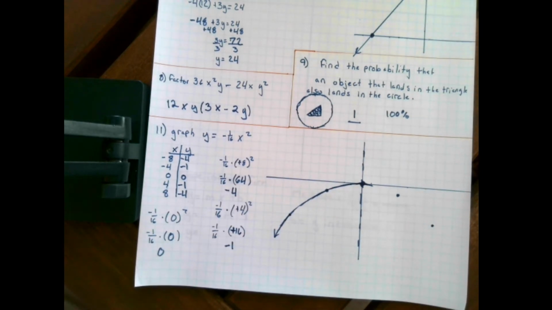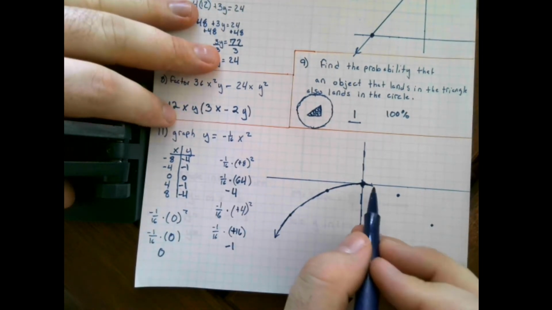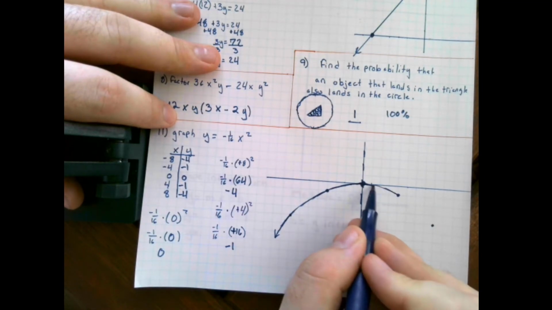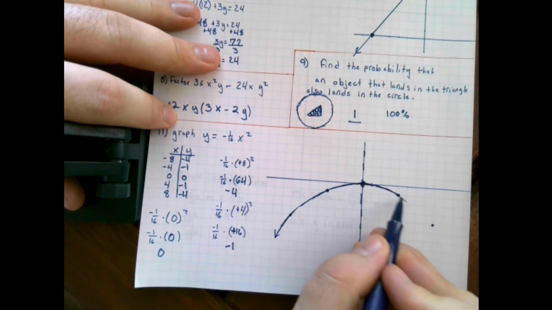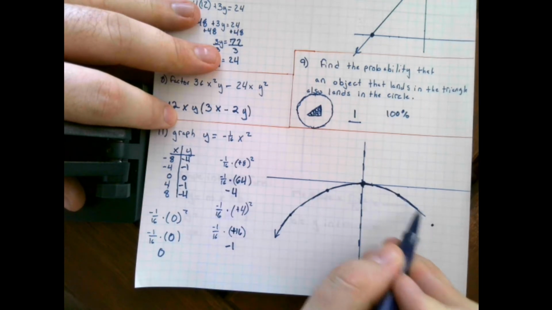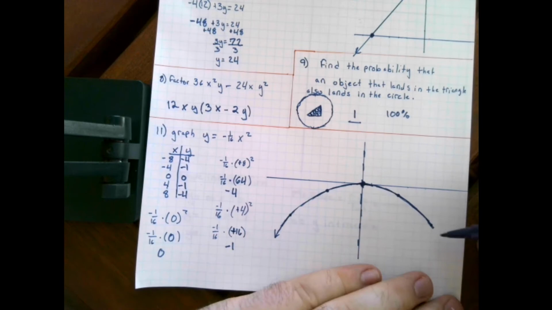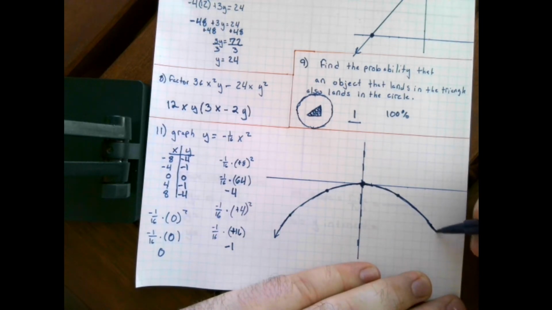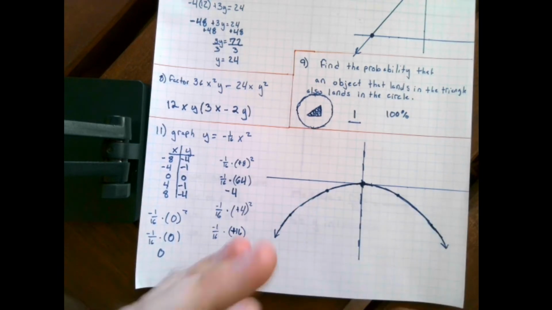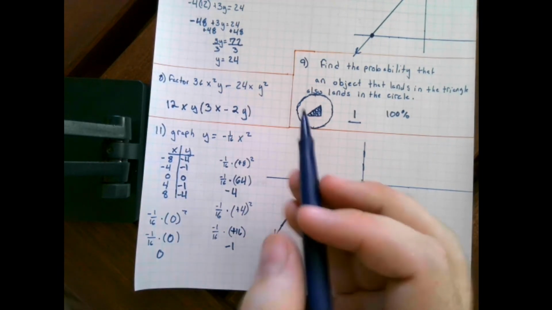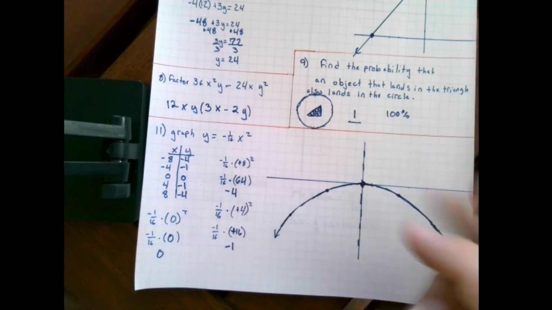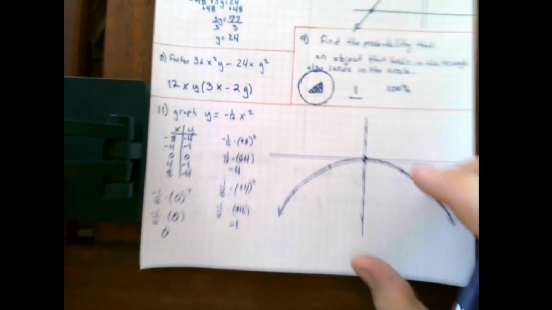So you want to create a curve there, like that, and you want to kind of mimic that same curve on the right-hand side. You're not going for a straight line, you're going for a curve. And eventually, this will become almost straight as it's going negative, but that's much further out to the sides. When you have a fraction, like 1/16, next to your x squared,